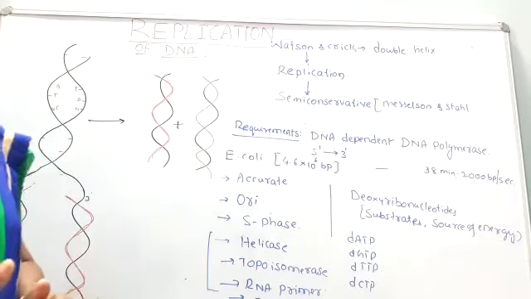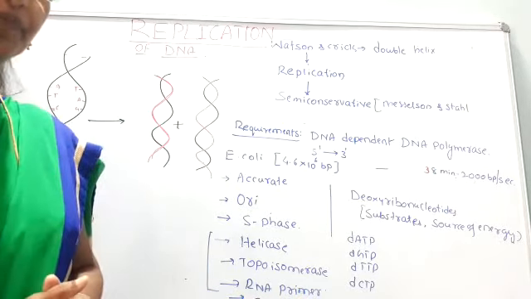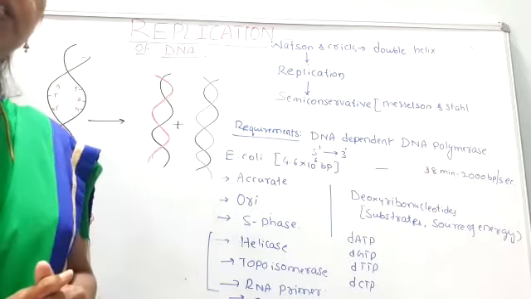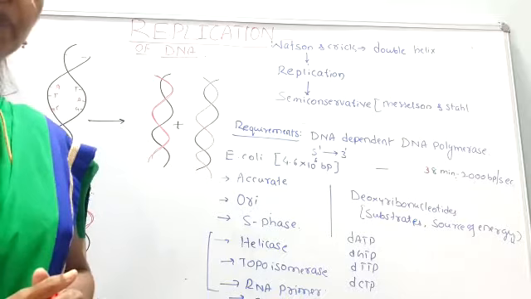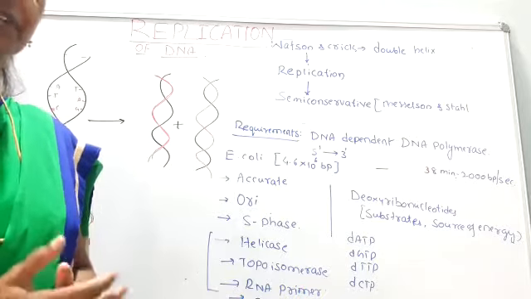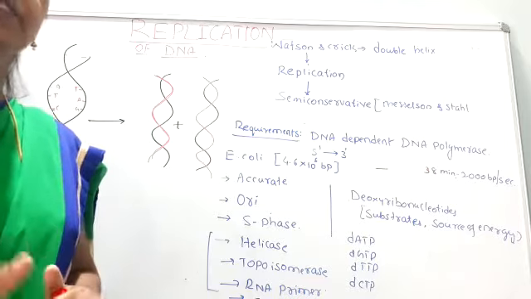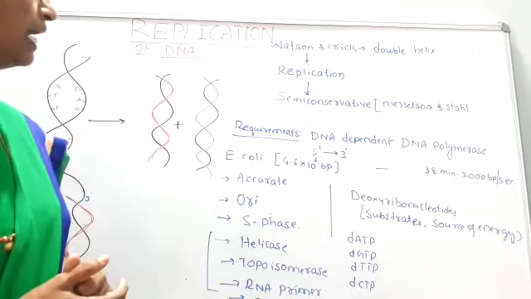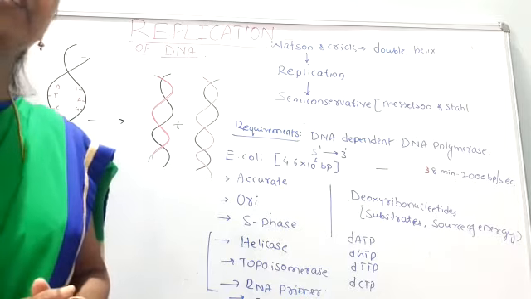Okay. So the mechanism we are going to start today. The process of replication is very complicated. So today we are going to discuss, taking E. coli as an example, the process of replication in detail. But before discussing the process in detail, let us once again recall the definition of replication, as well as the essential requirements for